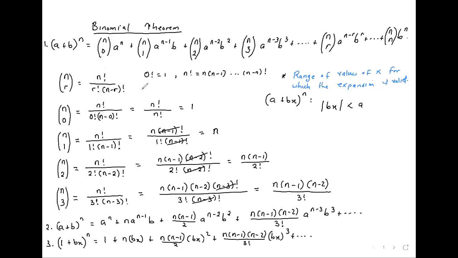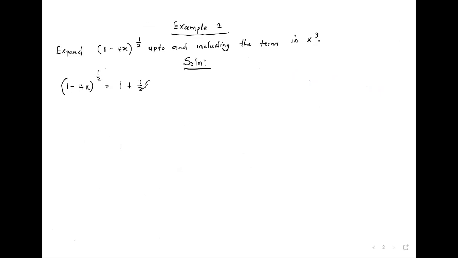Now our n is half. Then bx is negative 4x, plus n minus 1 over 2